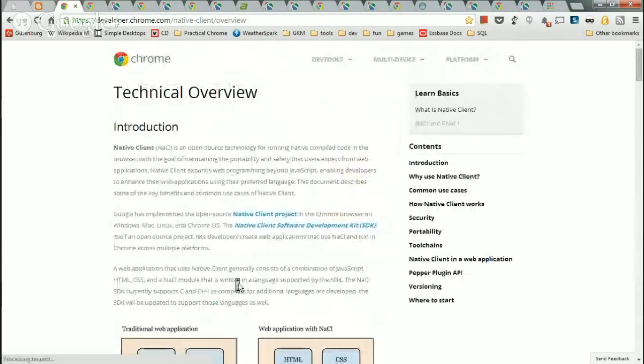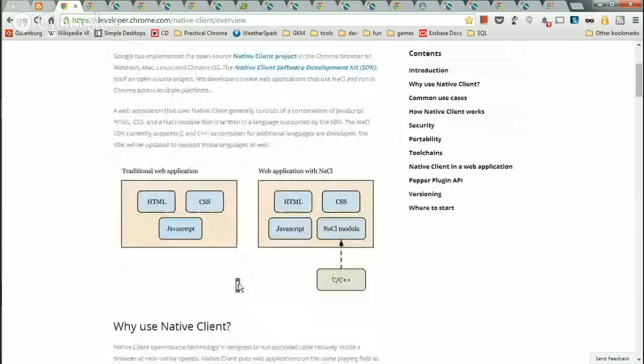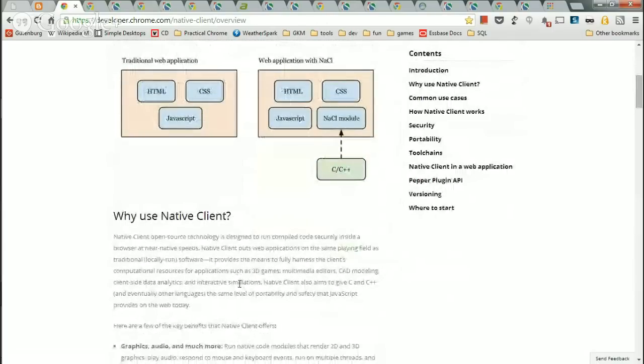Basically what they did was they allowed you to package a C or C++ app, and then running through a native client module, it would then fire across and be able to run. So you could even use these with hosted apps if you wanted to. That way, unlike a packaged app, someone would go to the website, and then this client module would come down along with all the other HTML, CSS, and JavaScript code. This would come down as well in a little package, and then it would run because the HTML part would then call it and make it work through the